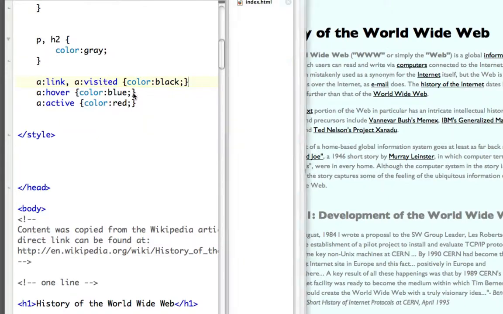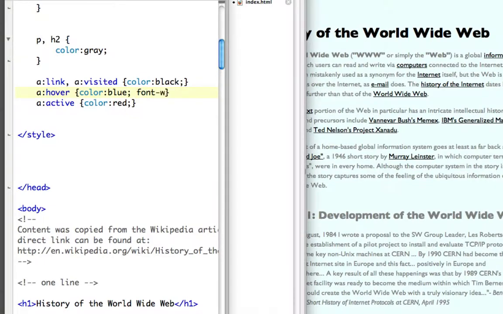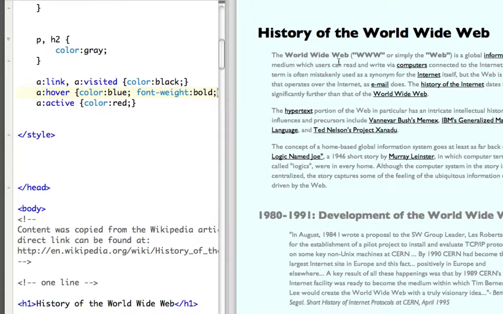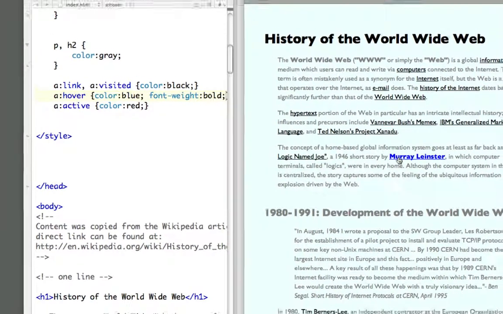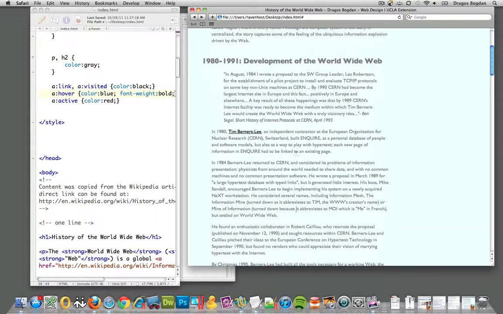Another probably poor choice you'd make is making these things a different size. Let's go with font weight. Here's an attribute we haven't covered yet, but font weight bold. And now if I refresh it, see what ends up happening? They get bigger, which is kind of cool to a certain extent, but you see it makes the text jumpy, and that's not something you want to do, because it's bad practice,